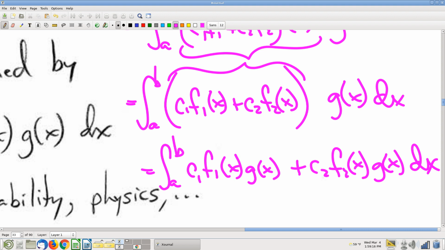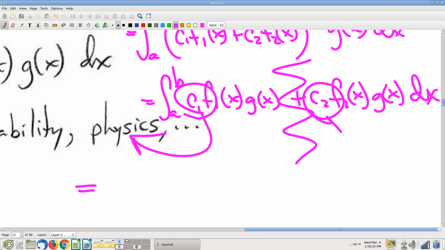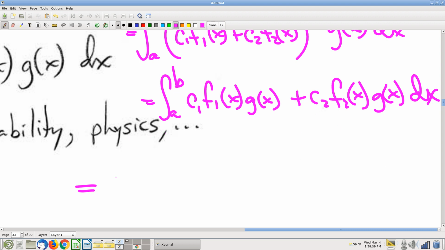Now, flash back to Calc 1 and all the boring properties of integrals that got written down at some point. I can rewrite this as, let me give myself some space. Well, I'm going to break this into two separate integrals, and I'm going to factor these constants out of each of their respective integrals. And the punchline, I get C1,